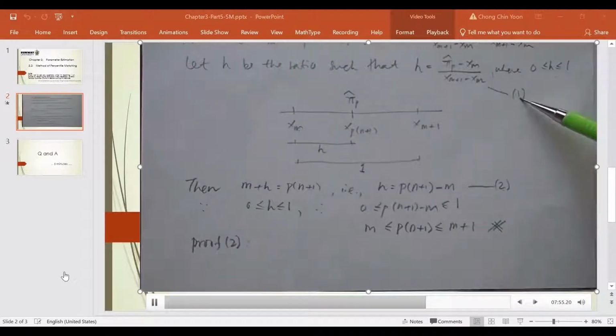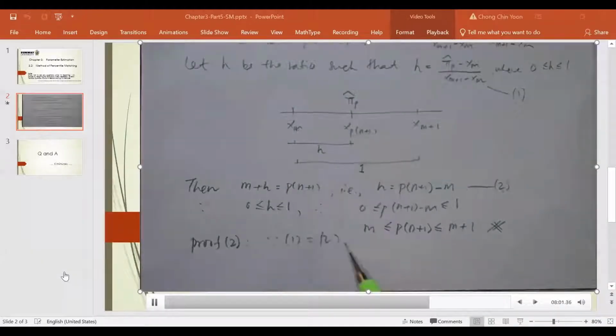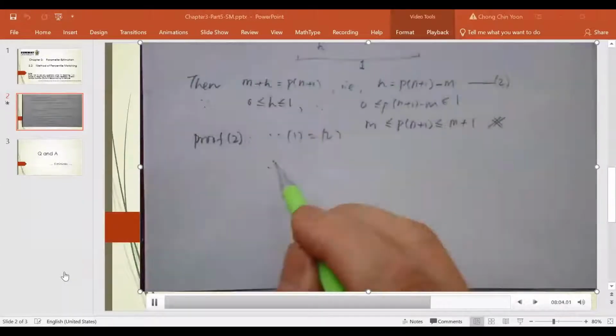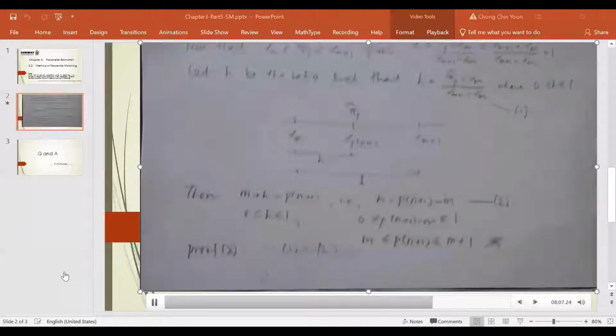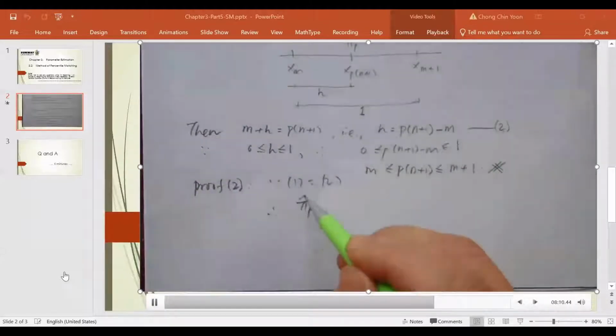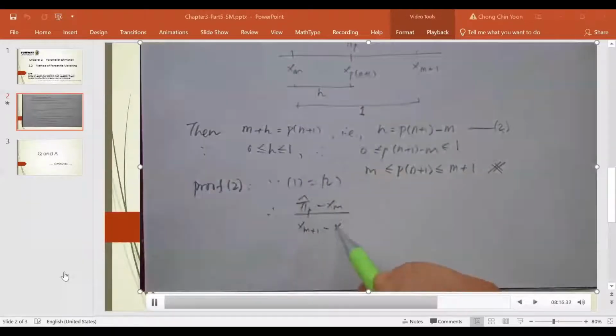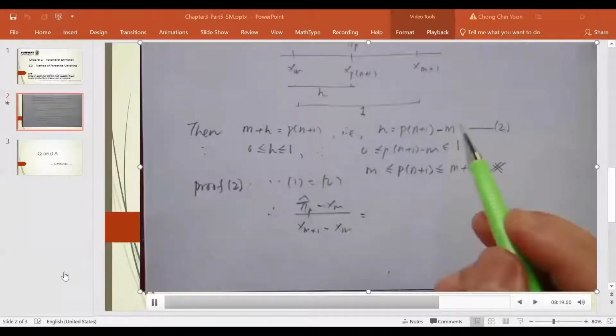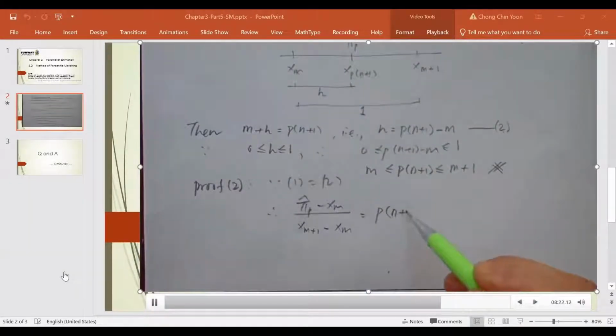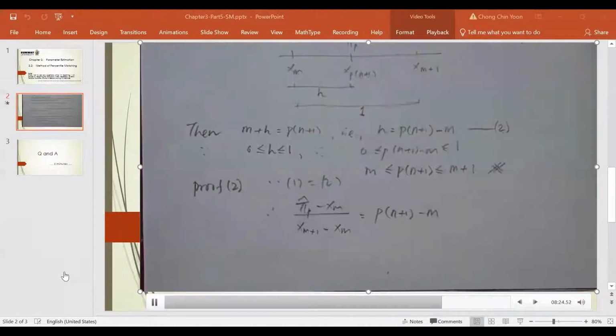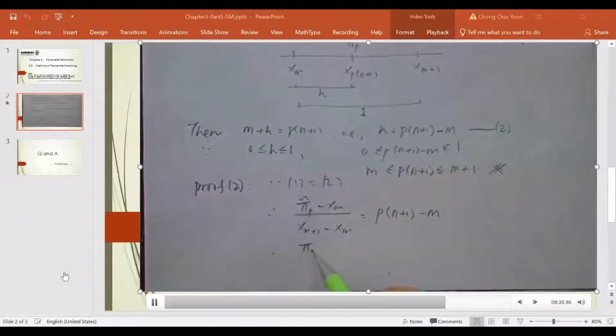Since equation 1 equals equation 2, therefore the first equation, that is this, the pi p hat minus xm divided by xm plus 1 minus xm, equals this equation, that's the probability p multiplied by n plus 1 minus m. So we simplify this, and this pi p hat equals this multiplied by this, I will have